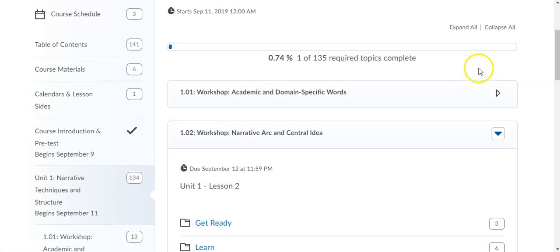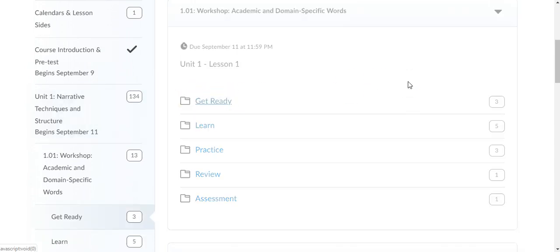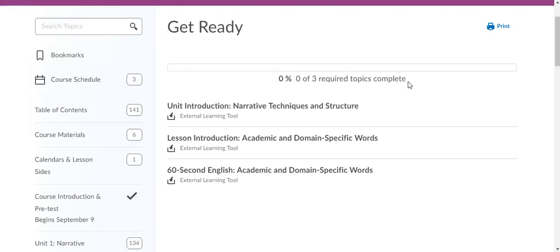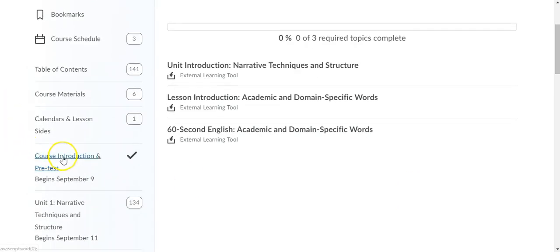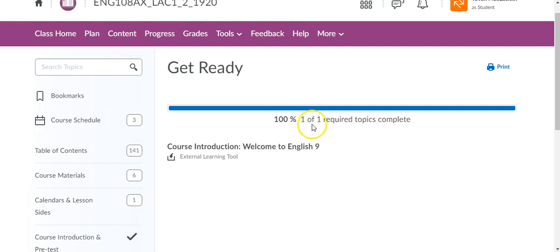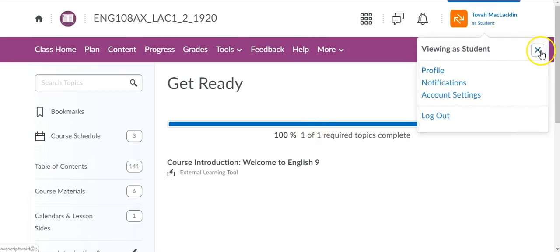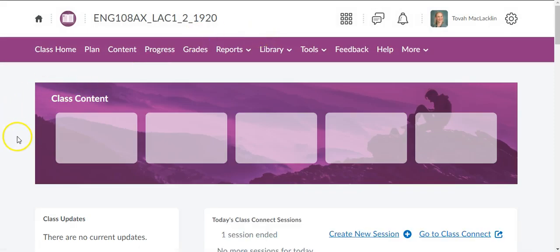And in these lessons are different items that you will complete. You will go into the first part of the lesson by clicking on it, and then you will go into the lesson itself, click on the first one, and then you will go through the lesson. It's not showing because I'm in student view, but if I go out of student view here and I show you one of the lessons,